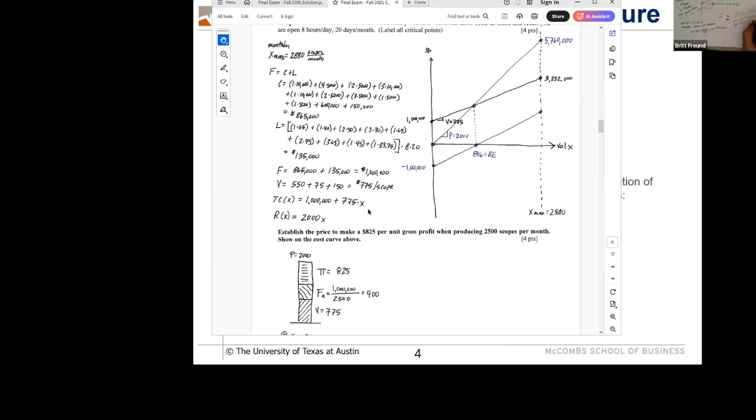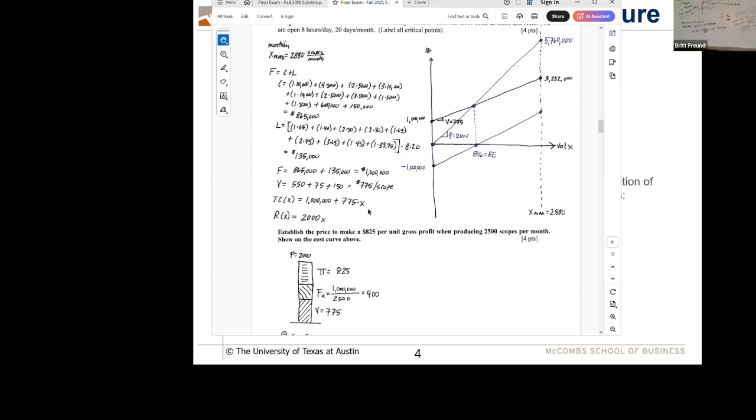Remember, gross profit margin is EBIT at that volume as a percentage of the revenue at that volume. The EBIT at that volume we just determined was 2,062,500. The revenue is $2,000 a piece times 2,500 scopes. So if we multiply that out, our gross profit margin is 2,062,500 divided by 2,000 times 2,500, which is 41.25%.